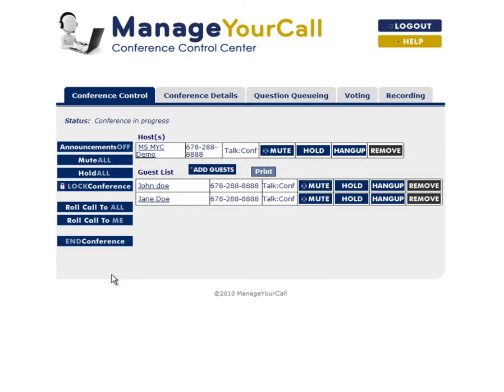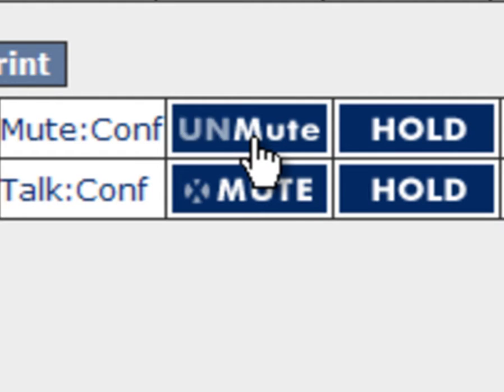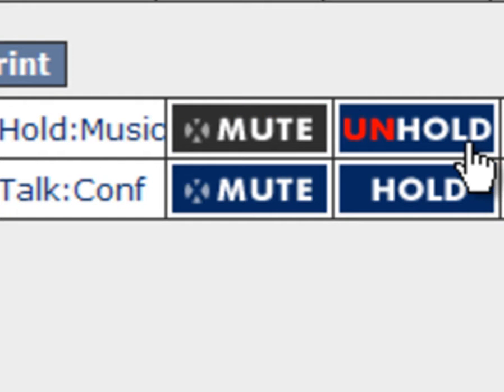Individually, you may place participant lines or guest lines on mute, changing their status to mute in conference. This allows them to hear the presentation but not be heard when speaking. You may place them on hold, not allowing them to hear what is said in the conference, and their line will be placed on hold to music. To remove a participant from hold to music or from a muted status, click either Unhold or Unmute to open